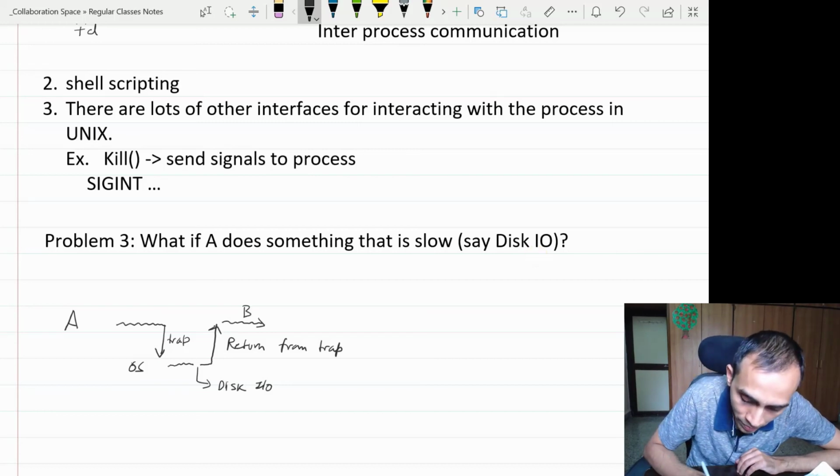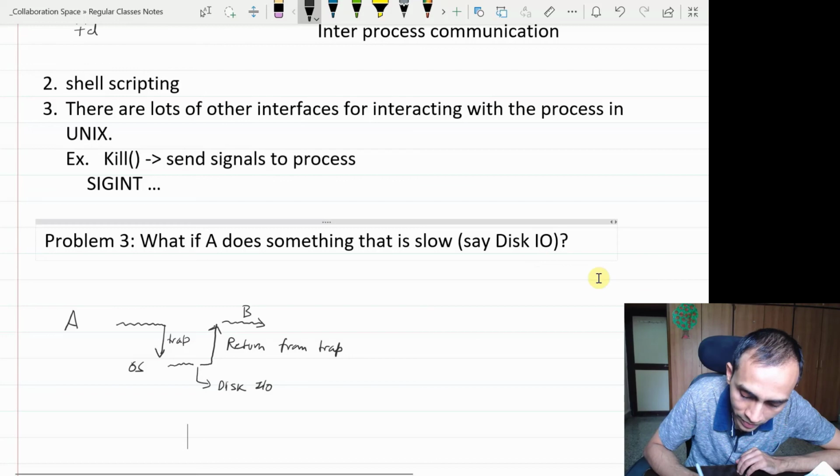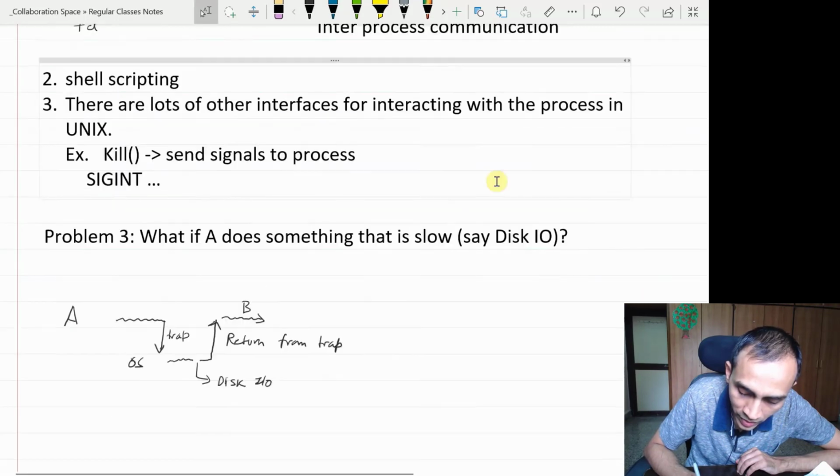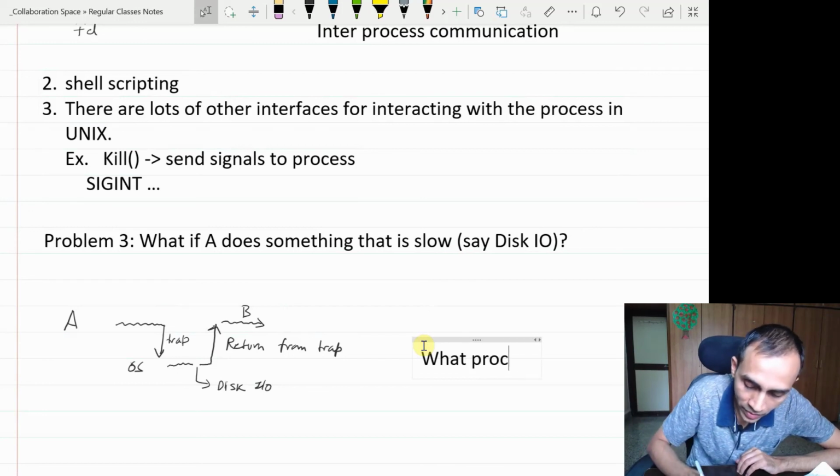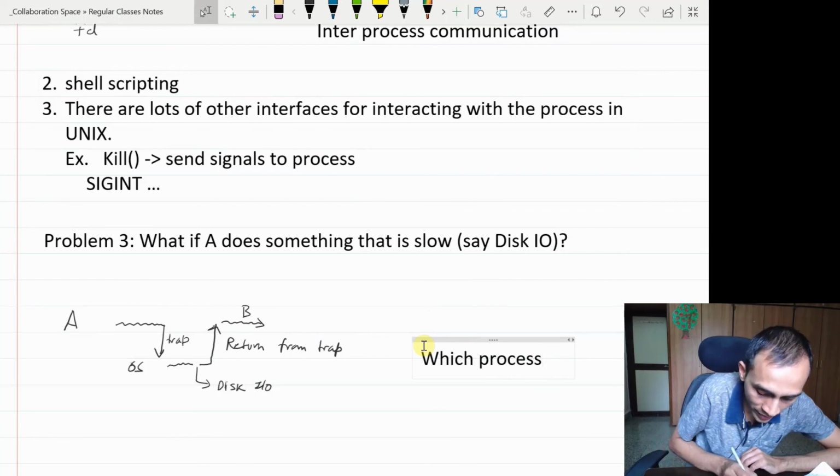Now what process should run from the ready queue? That question is a policy question, or an algorithm question, a high-level question that will depend on the exact scheduling policy. So that is going to be our next topic.